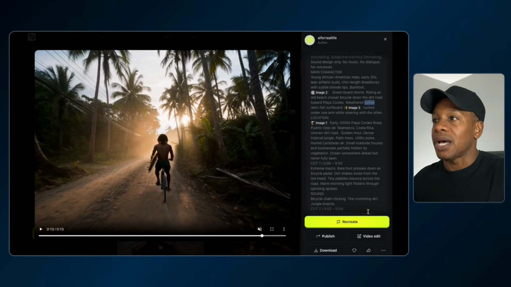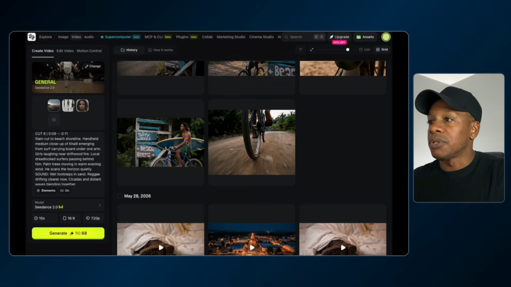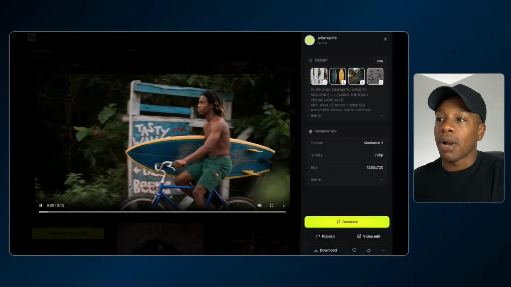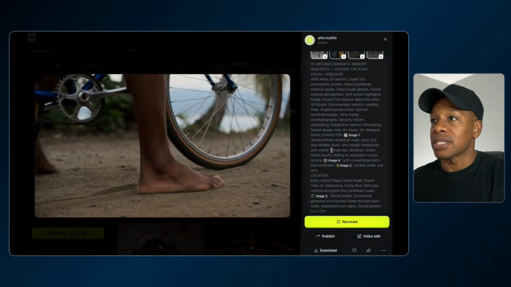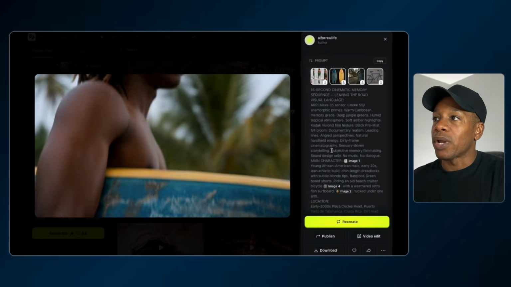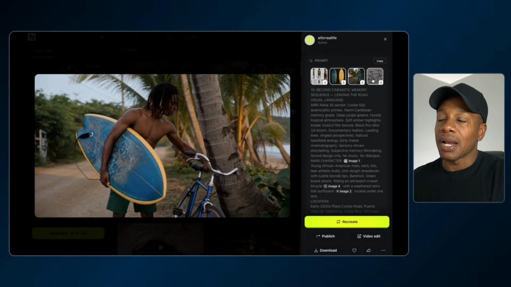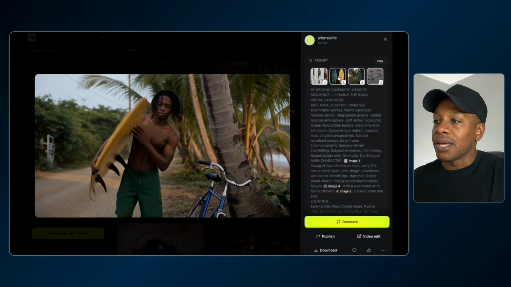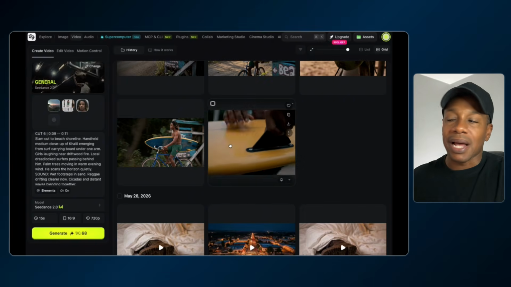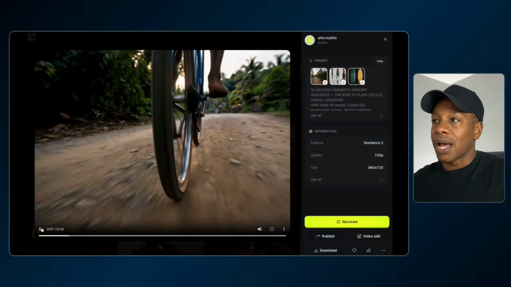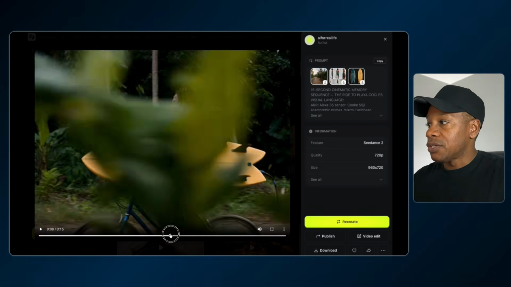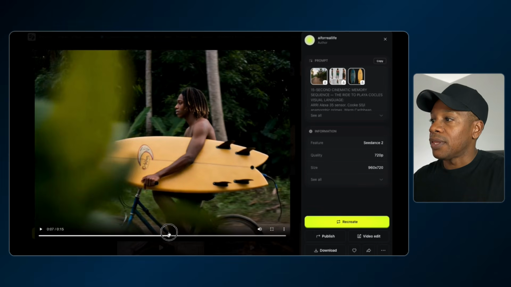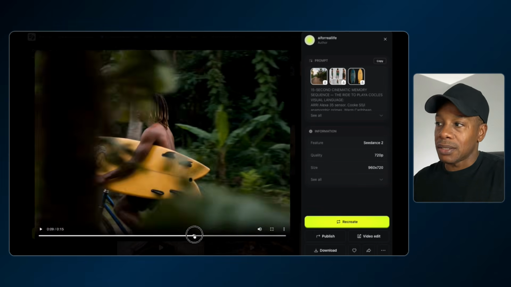So then we went into the next shot. Very similar prompt setup, just went into the next part of the story. All the stuff is the same, except for this one. What I ended up doing was, on the very first shot, he's riding the bike in, right? But in order to keep the continuity between this one and the next one, I needed that bike to stay the same. So what I did was I took a screenshot of the bike from one of these shots here,